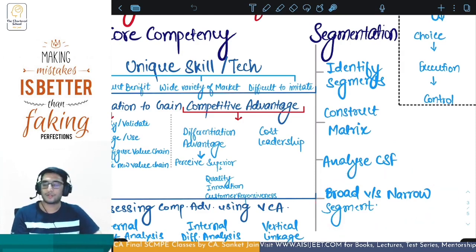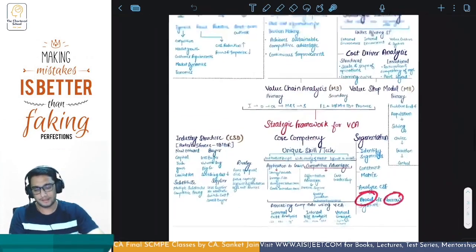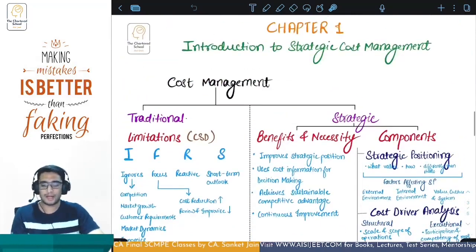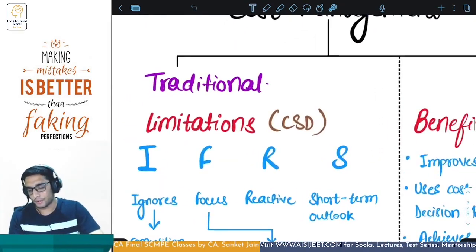Decide among those. So a broad segment would be, let's say, menswear. A narrow segment would be ethnic clothing for menswear. So broad versus narrow is that, and this brings us to the end of the chapter. Before we end this video, I would like to quickly tell you that for the limitations, there is a case